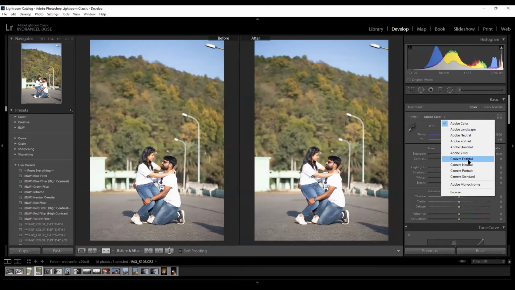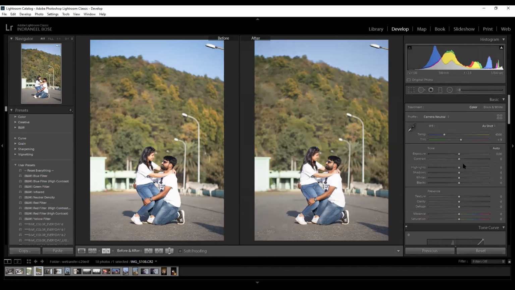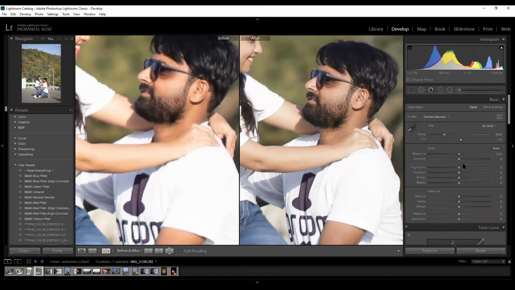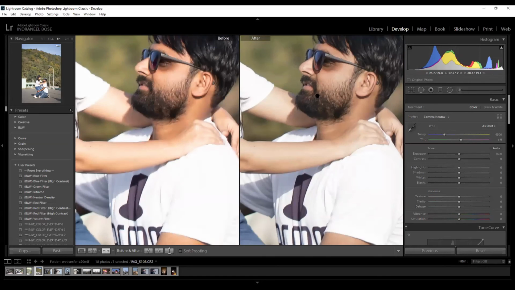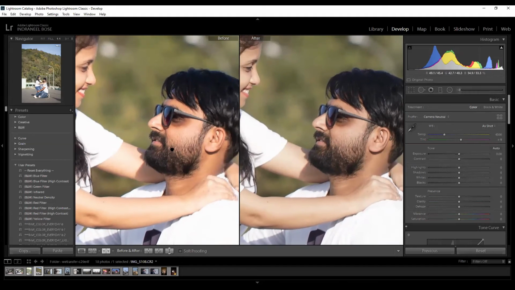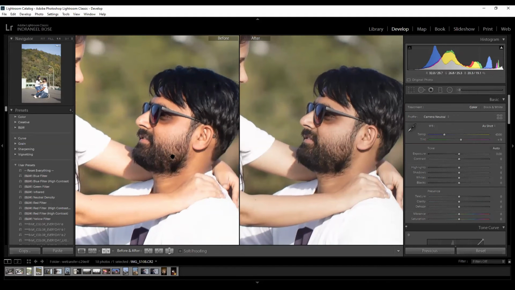Okay, you go to the camera profile, you will always see Camera Neutral, Camera Portrait, Camera Standard, Camera Vivid. Whichever profile you have clicked in, you have to change it to that profile. Now you can see the change in both the profiles side by side. This is standard Adobe Color. Now if I have clicked in Camera Neutral, it will come like this according to it. That's why we assign the camera inside over there.